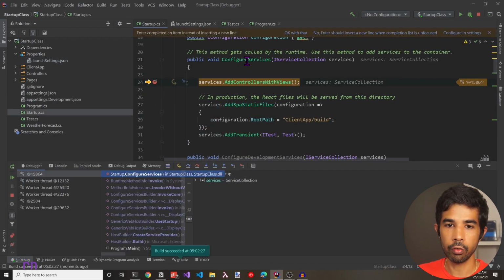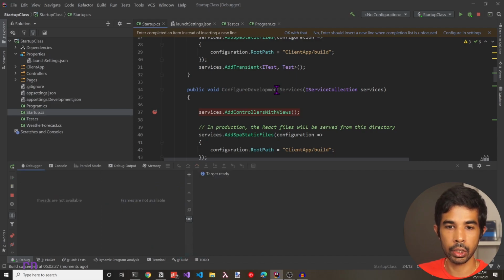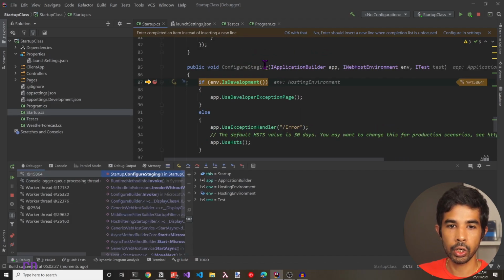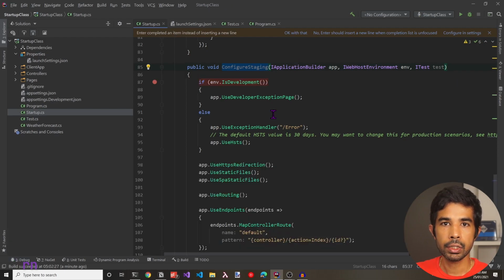First, it hits the ConfigureServices method because the other one that we have is for development, that is not getting invoked in this instance. So let's resume the execution. And this time, instead of hitting the Configure method, this is now calling ConfigureStaging. This is because the environment is currently set to Staging. So you can use this appropriately based on your application needs to set up different application services or pipelines based on the environment. The Startup class by itself can also be specific for environments.